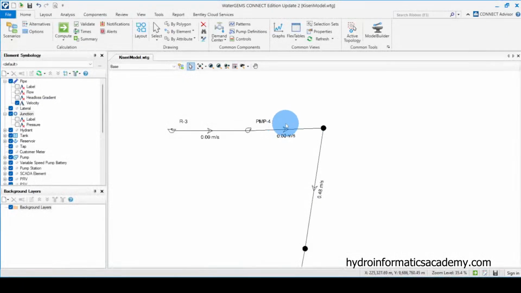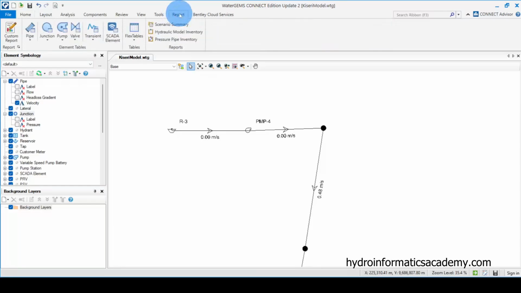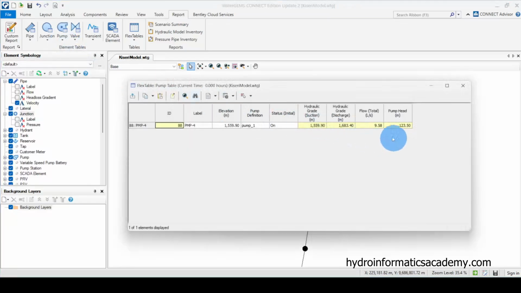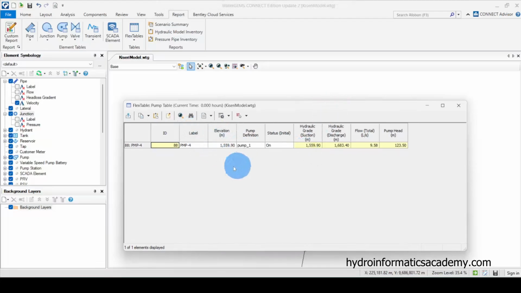Now, to get the required pump for this kind of network, what I need to do is go to this tab which is labeled report. If I select this, and select pump, and display pump, you can see we have this window. Our pump is located at this elevation, and this is its pump curve, and we have the initial status. And for this area here, you can see the total flow is 9.58, and the total pumping head for this pump is equal to